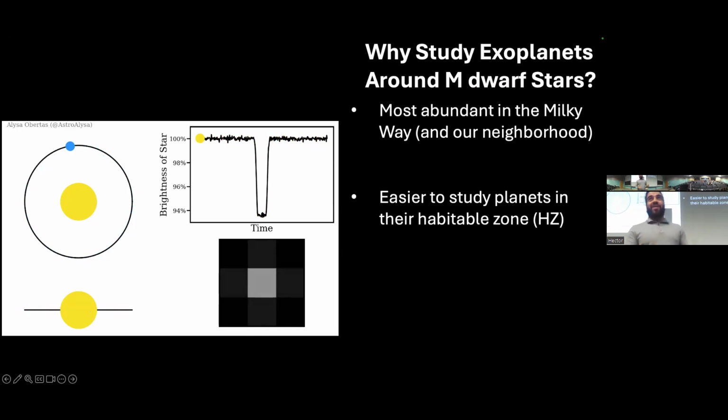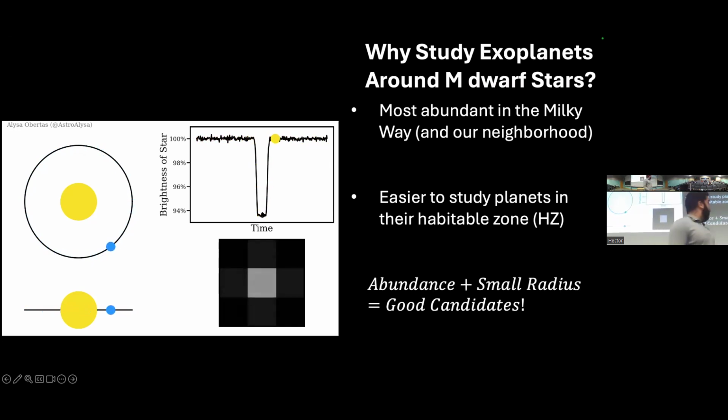Also, the atmosphere of the exoplanet can create effects on the light that we receive from the star when observing that transit. So with a high abundance and a small radius, I think the M stars are good candidates for us to look for exoplanets and maybe search for life in them, since they're very present around us. We can study them more easily than other stars, and numerically speaking, this could be a place where we could find signatures of life due to the high number of stars around us.